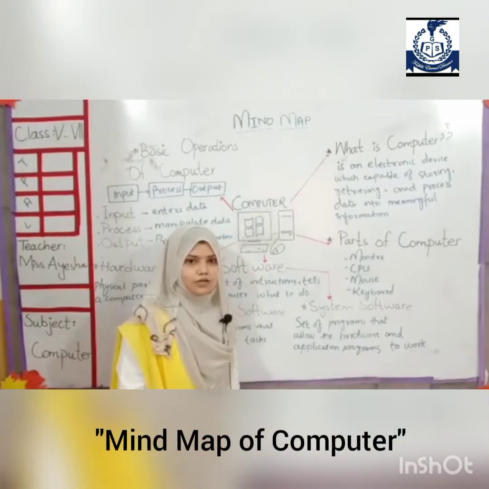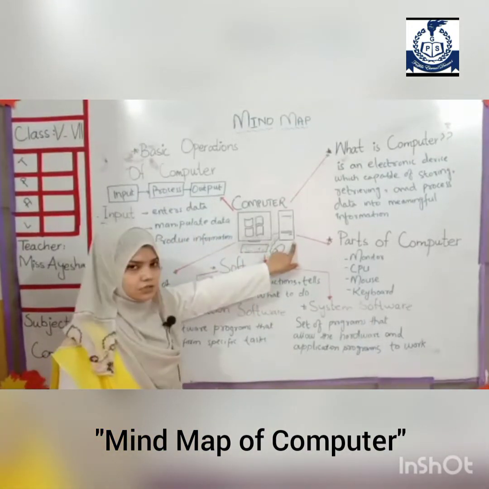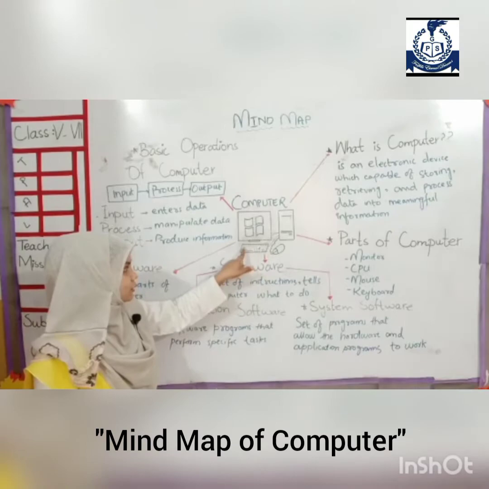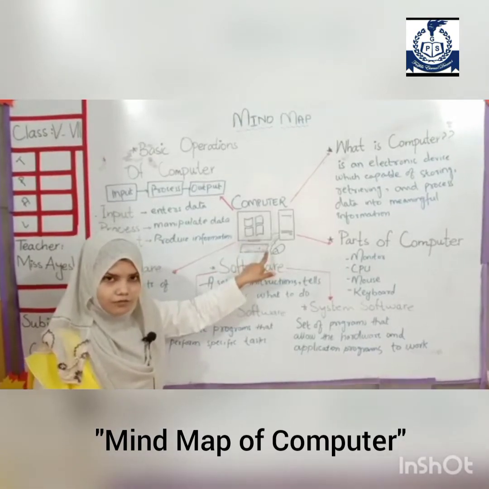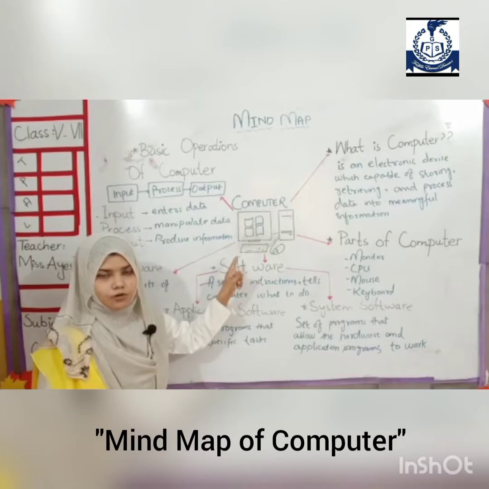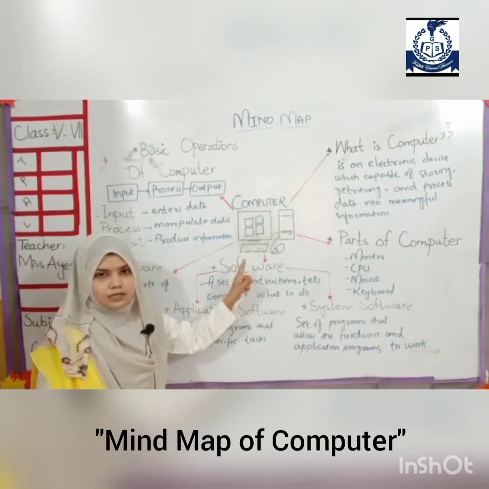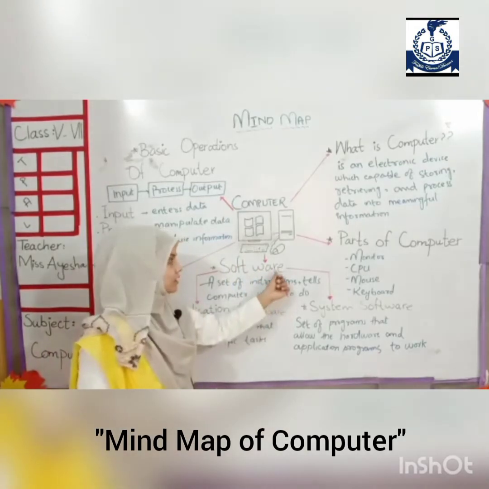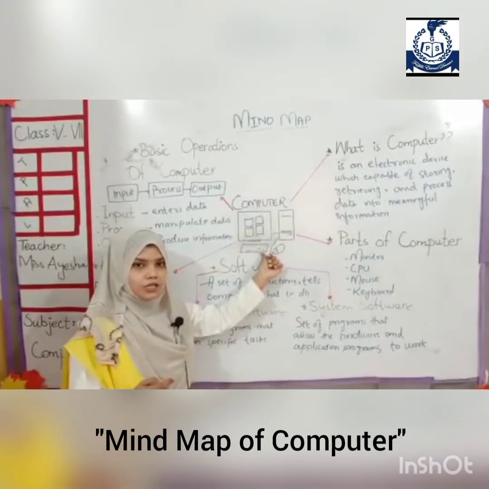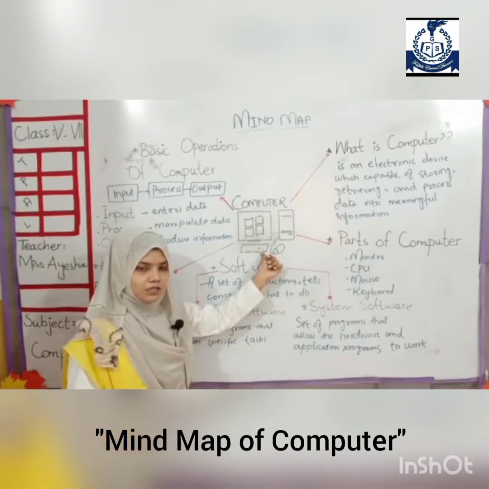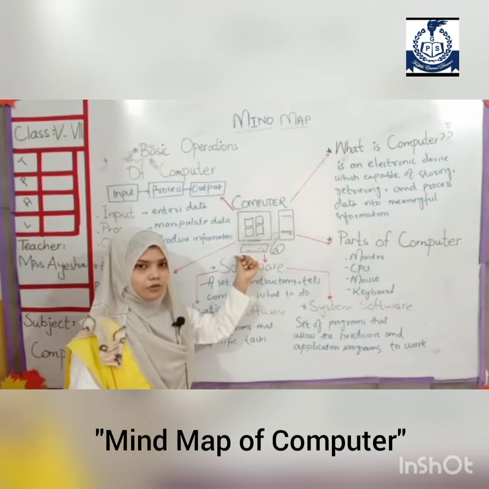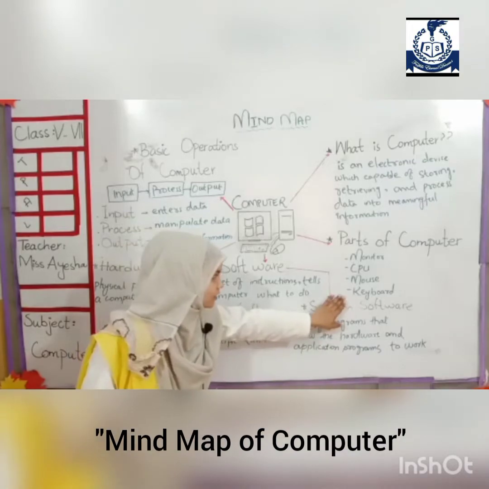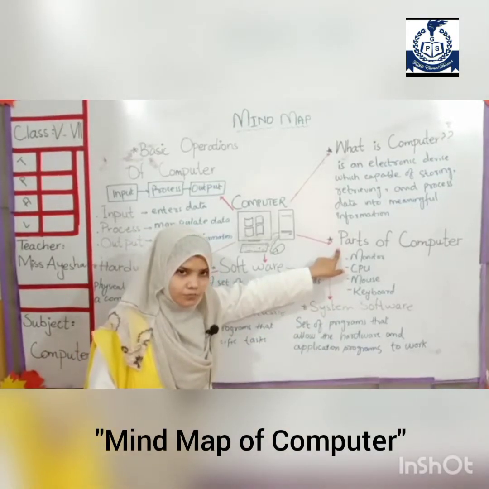Keyboard is an input device. We give the input through a keyboard to a CPU. There are total 104 keys on a keyboard. Function keys are F1 to F12. The buttons from 0 to 9, these are numeric keys. The buttons from A to Z, these are alphabetic keys. Navigation keys there are 4 keys, up, down, left and right. And the control keys are window button, control button and enter button. So these all are the parts of a computer.